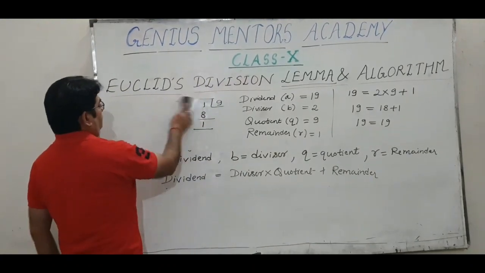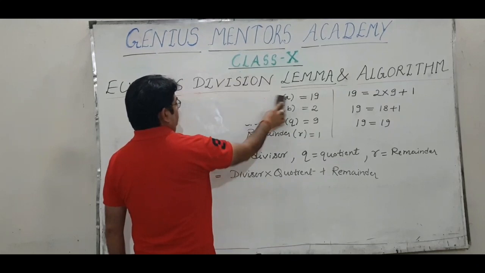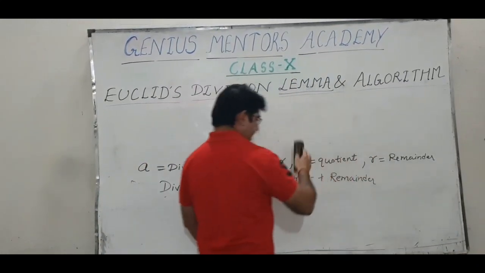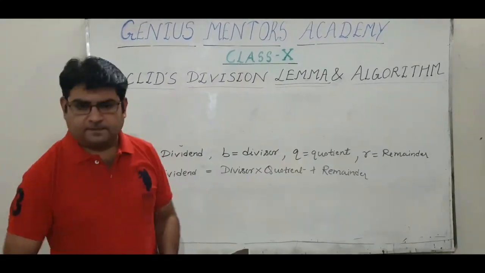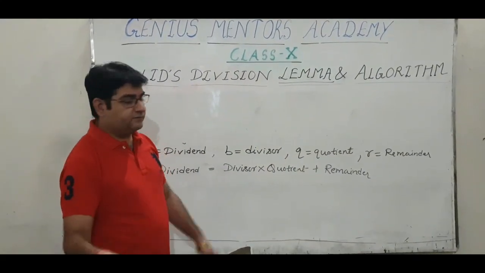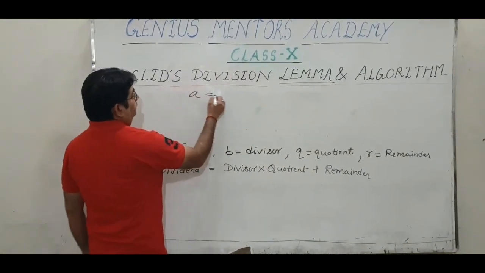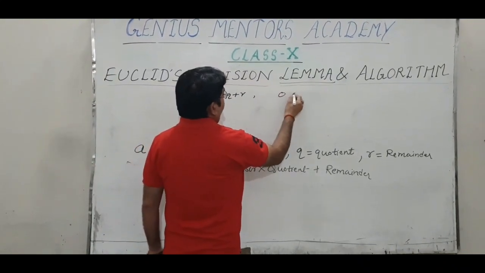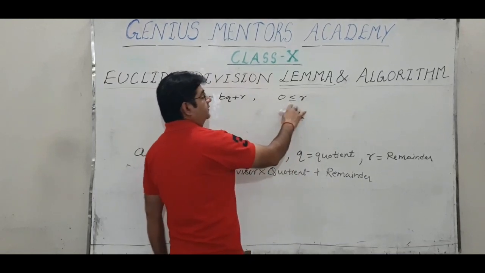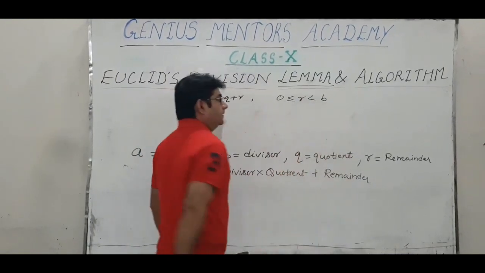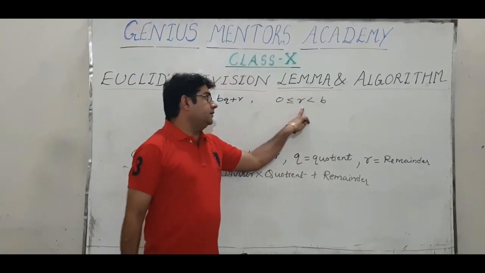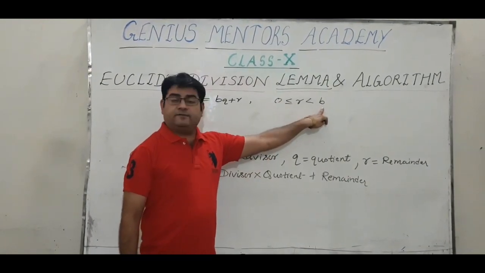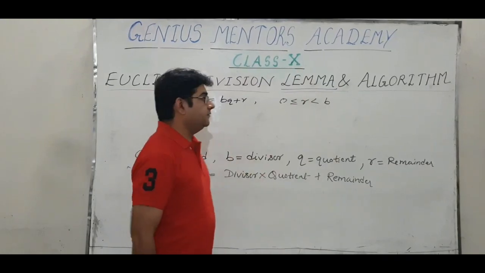Now one important thing in division lemma: a equal to bq plus r, the value of r is greater than or equal to 0 but less than b. मतलब रिमाइंडर जो है आपका 0 से बड़ा होगा, 0 भी हो सकता है, लेकिन डिवीजर से बड़ा नहीं हो सकता है. ठीक है. फॉर एग्जांपल